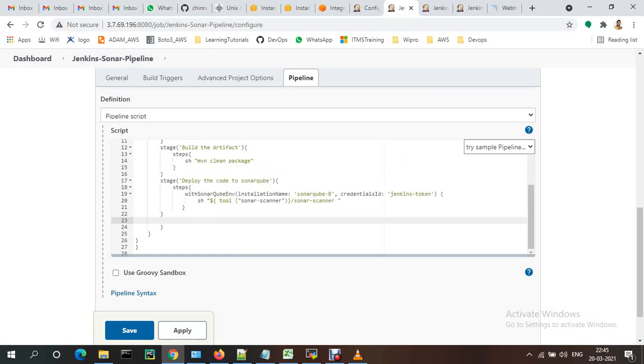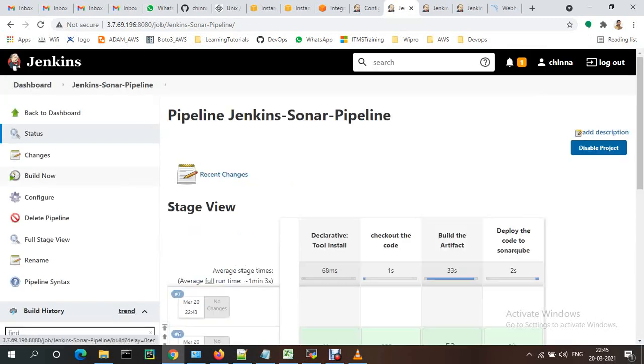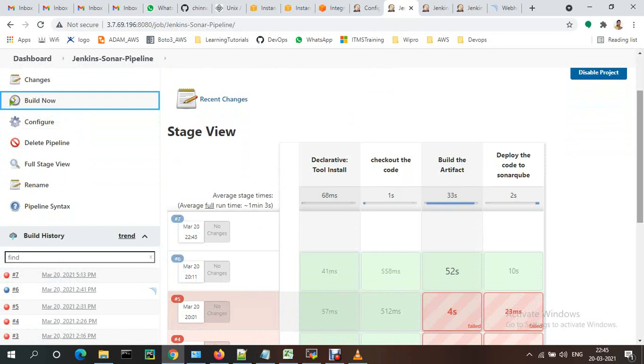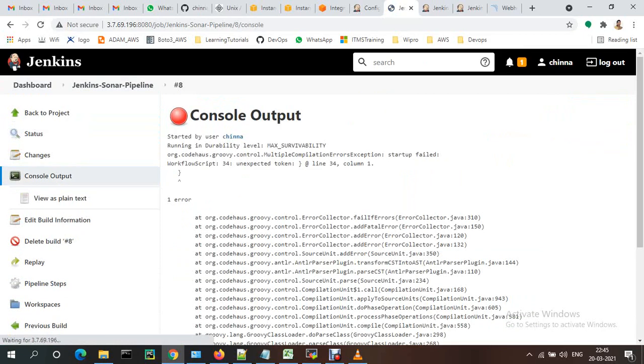Close steps. Line number 34. Unexpected.